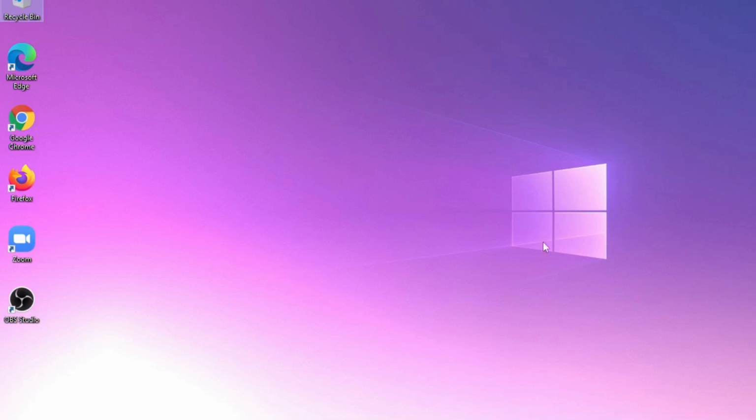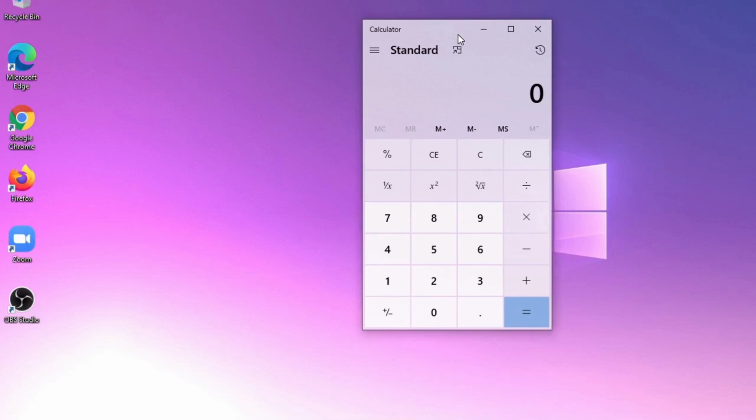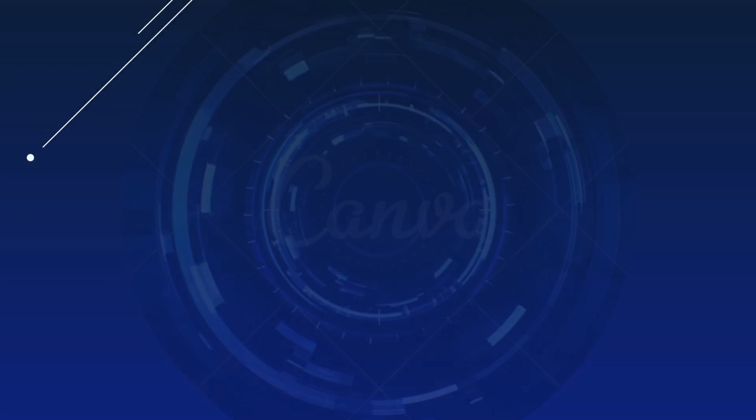Now you must have a calculator inside your computer, and you must have always wished of making your very own calculator which will work for you only. So in this series I am going to show you how to make a calculator using Python. It's a very simple project which you can make, especially for beginners, but then also it is a very big code which you have to write. Now this is the part 1 video, so let's get started.